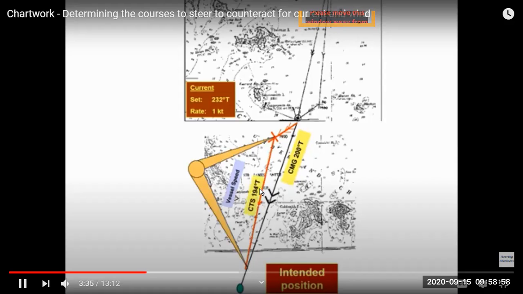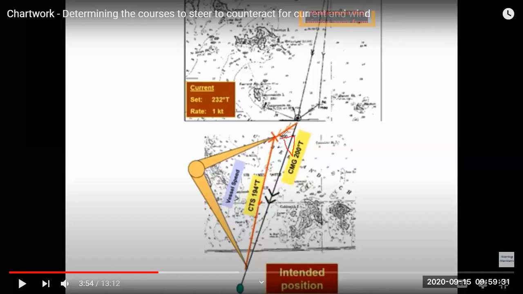So if you steer the course of 194, the current will push you and you will make good 200. So if you want to make good 200, you have to steer 194. Clear? So this will be like your ship is heading 194 like this,